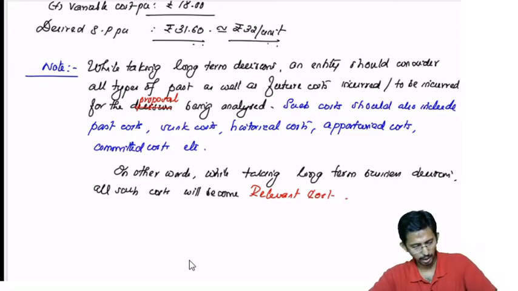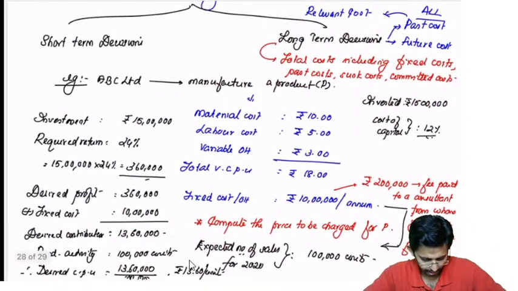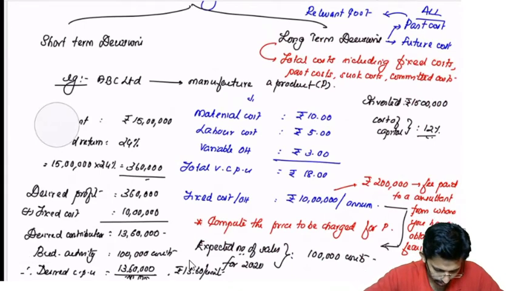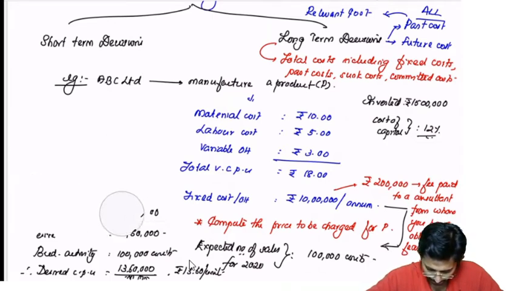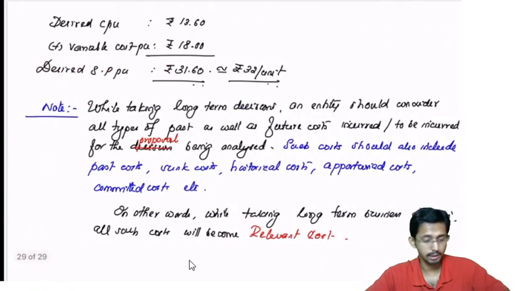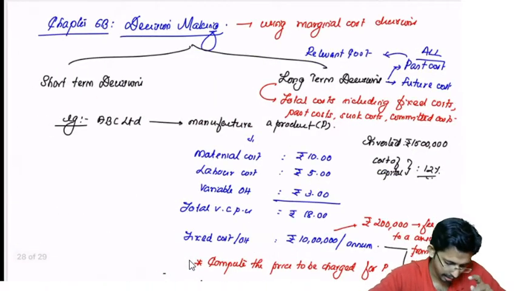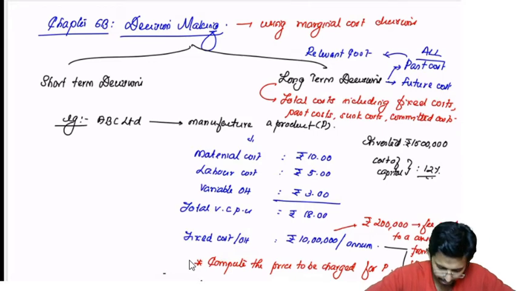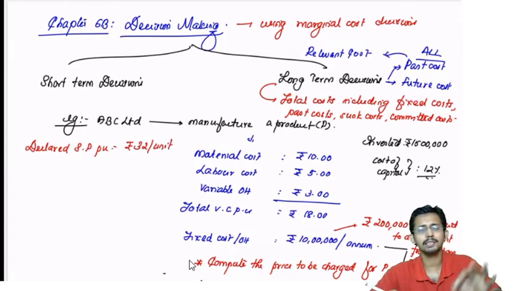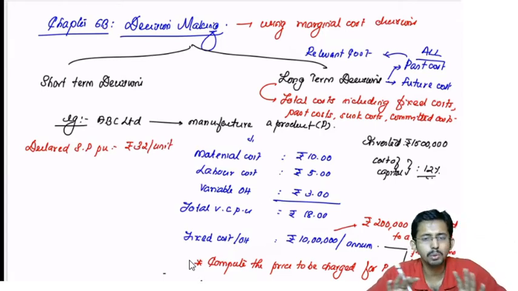Right. Now I am going one step further. Now we have these examples, right? We have found out that the normal price to be fixed for this particular product is 32. You have fixed this price as 32. In the market we have declared a selling price per unit equal to rupees 32 per unit. You have a well accepted calculation for that. There is no issue with that calculation.